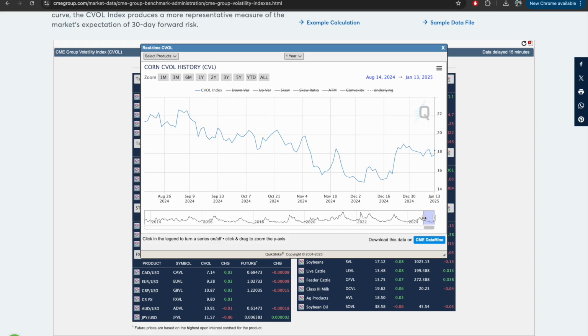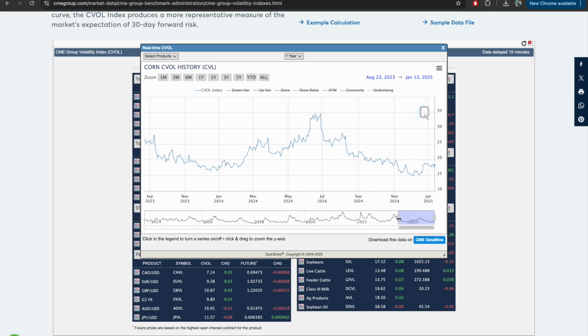So this is a good example for seasonality. For corn, we know we have a seasonality where usually closer to April and May, volatility really increases because of the crop harvesting, and then it goes down around July usually, and keeps going down until we get to